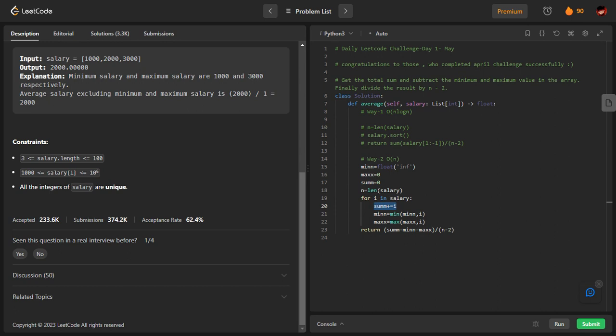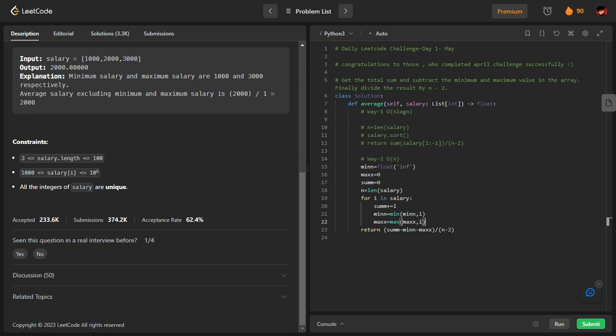Then I am checking if it is the maximum value among the values I have seen till now, or the minimum value among the values we have seen till now. For example, the min till now is j, and the current value is i. If i is less than j, that means the new min will be i. Otherwise, do not do anything. That is the basic idea here.